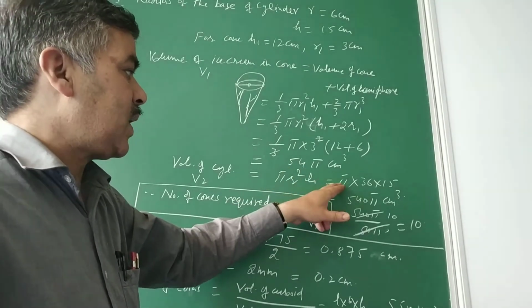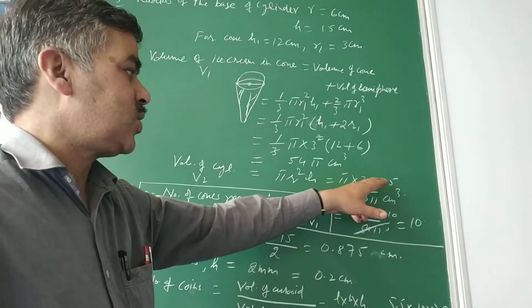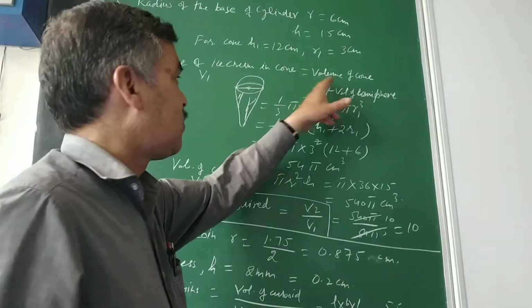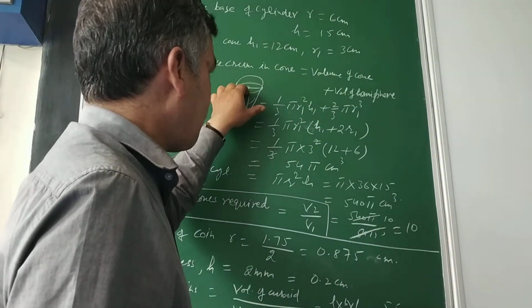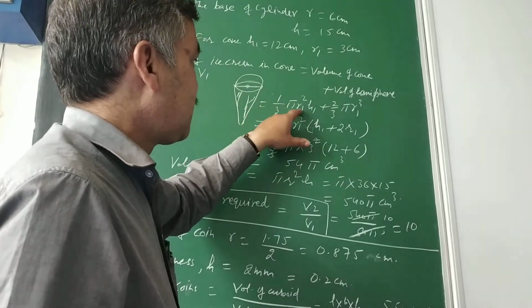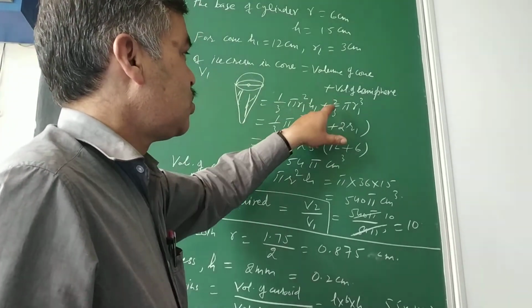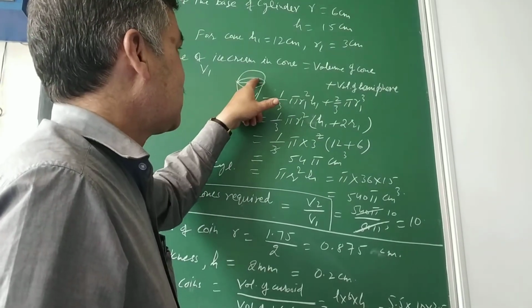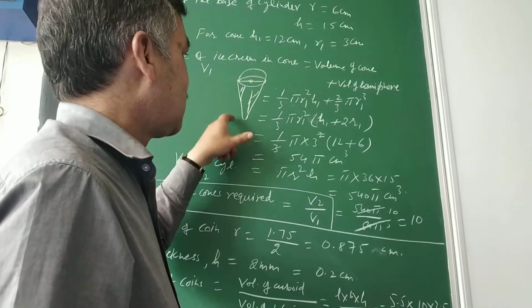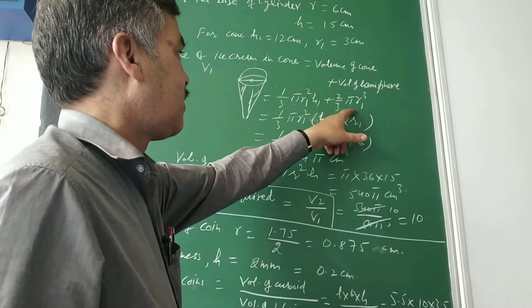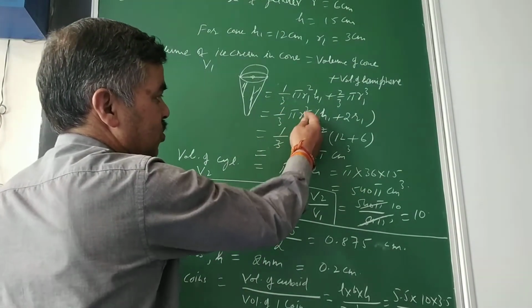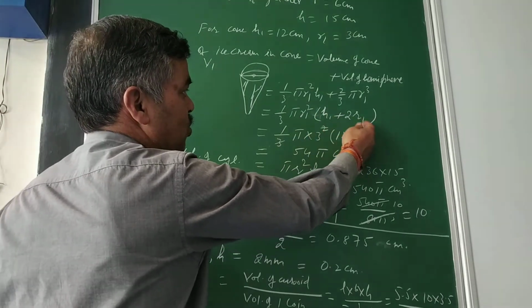So here it is pi, that is cylinder 6 into 6 into 50, that is given to you, and here you write down the formula, volume of this part plus top hemispherical. So 1 by 3 pi r1 square h1 plus 2 by 3 pi r1 cube, as the diameter is same for this sphere as well as for this cone, so I have taken r1 for both. Then in that way you can take 1 by 3 pi r1 square common here, h1 plus 2r1 will be left inside the bracket.